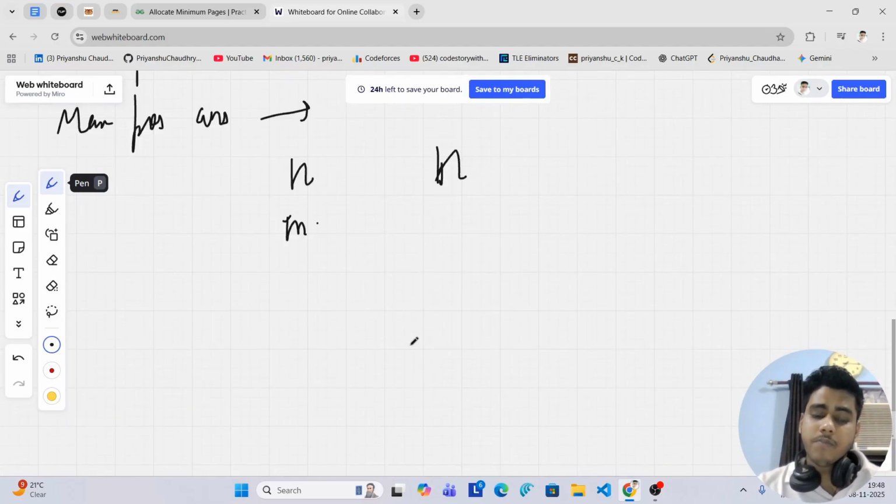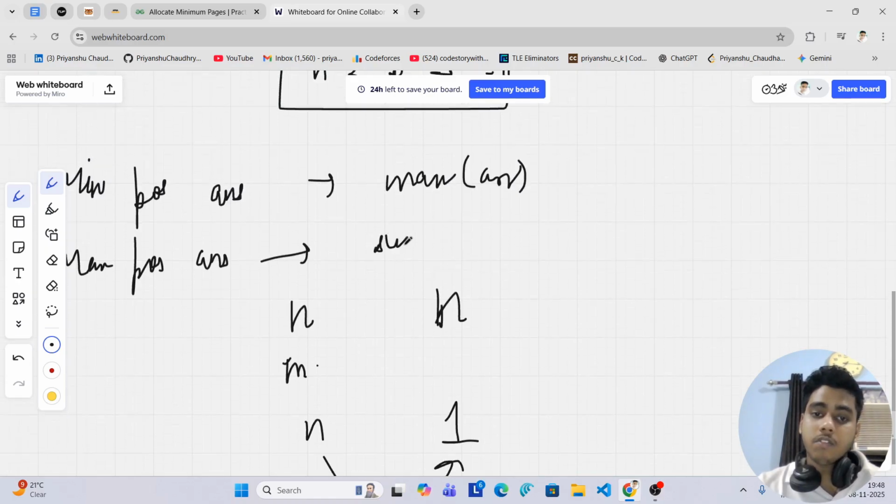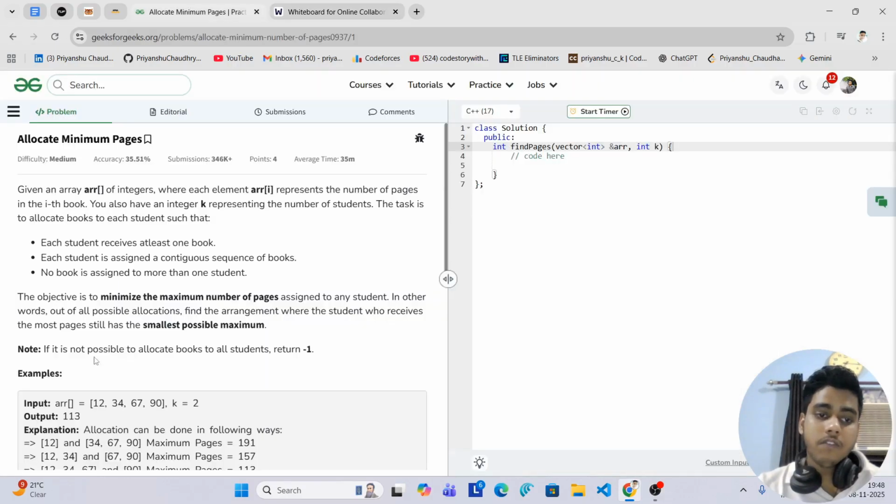So let's say in a case there is only one student and a total of n books are there. It means we have to assign all the books to only one student. So the answer in this case will be the sum of all the elements in the array, and we can easily see the